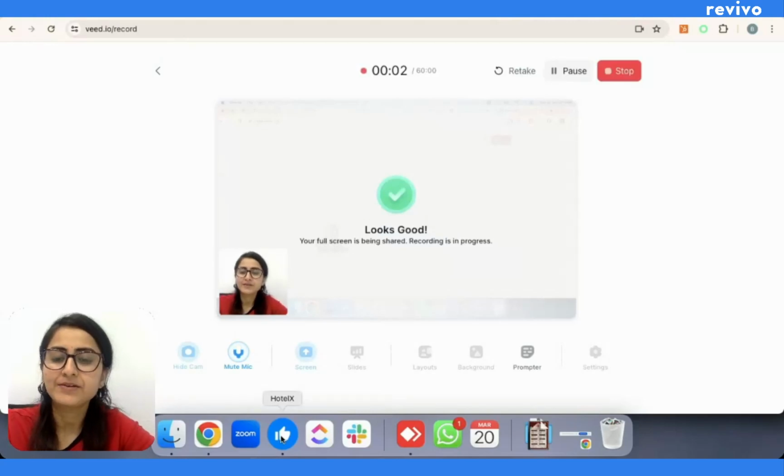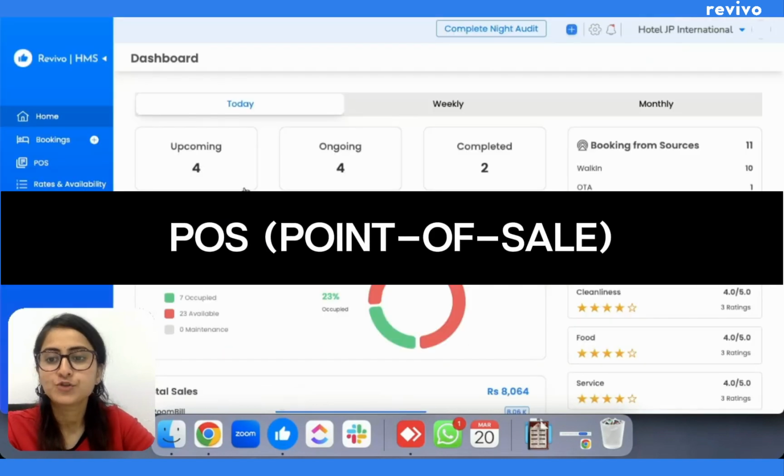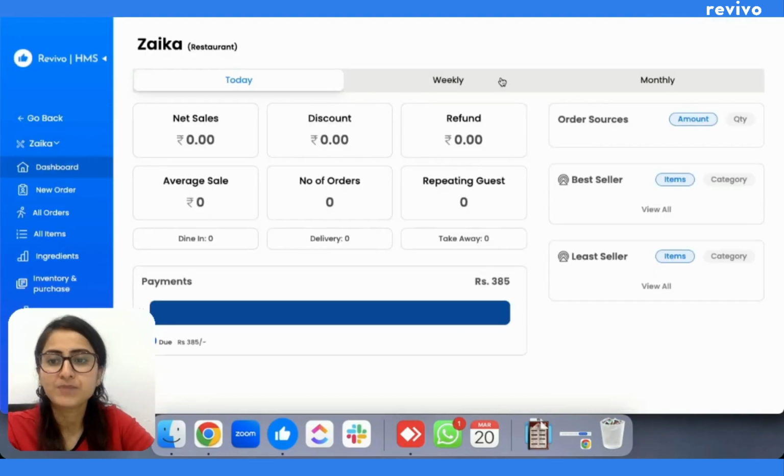So, friends, after discussing the dashboard and the bookings page, we are now moving ahead to POS. This is the POS part that we have. This is a demo account. You can create any number of POS services, be it your restaurant, banquet, laundry, swimming pool, anything. And for each POS, you will have a separate dashboard where you can view the details on a today, weekly,